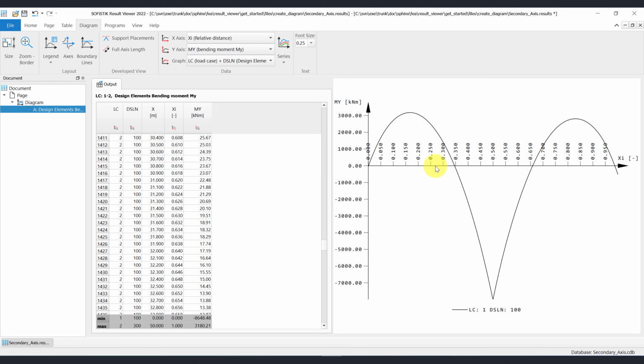Now the diagram will show on the right side of the Result Viewer window. If you want to modify the series properties, then you can do it by using the Property dialog.